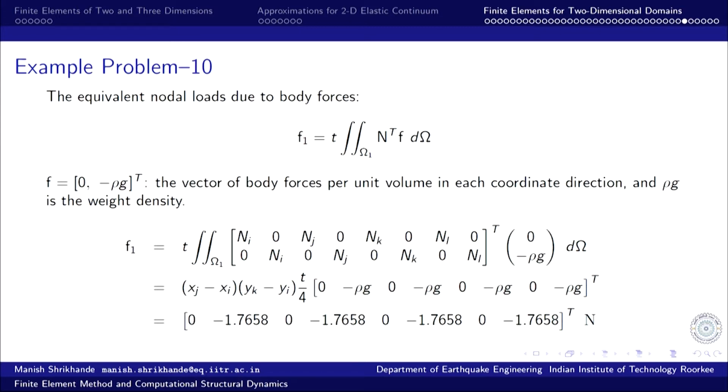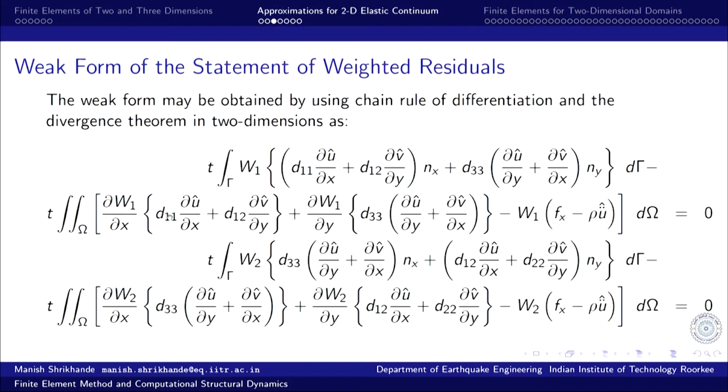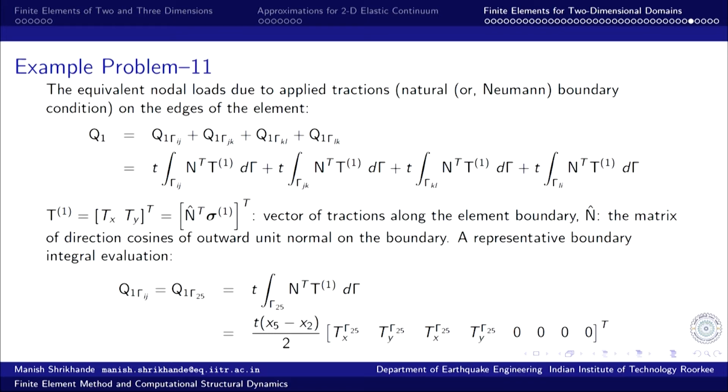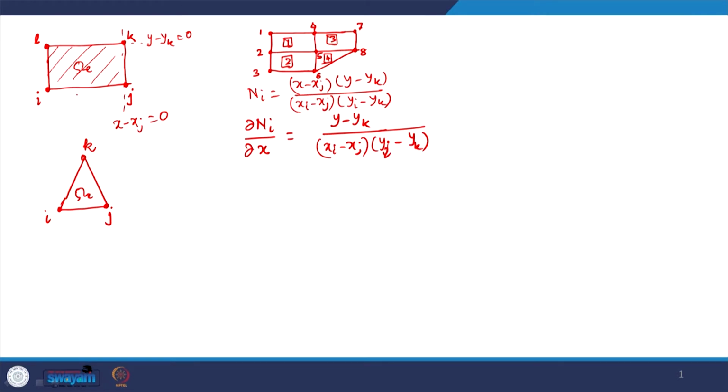So, that takes care of the domain integrals in this case. Both of these equations are taken care of, except this inertia term which we are dropping, because acceleration is deemed to be insignificant or negligible. What remains now is the boundary integral, how to evaluate these boundary integrals, and these are again evaluated by segregating the boundaries, looking at each boundary one at a time. So, this is gamma i j.